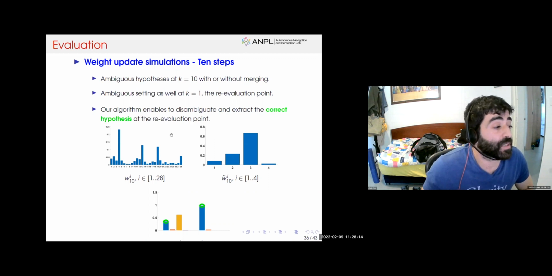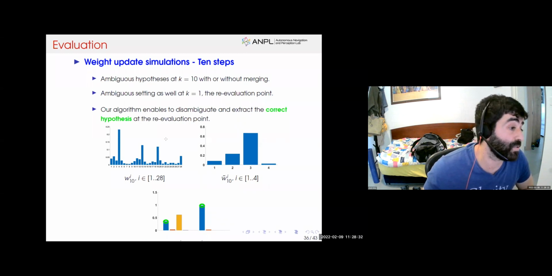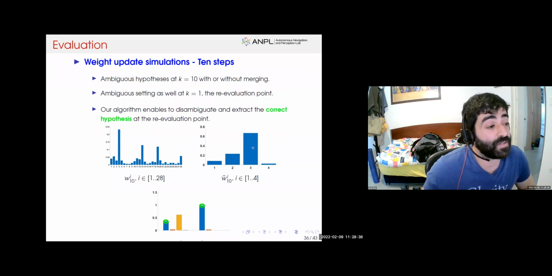When we take a look at these 2 figures, we can see, first of all, the weight distribution at current time, which is the final point, where we have a number of solid hypotheses with solid weights, which means we can't distinguish which one is the correct one at this point. Also, if we commence merging in this simulation, we can see again that hypotheses 2 and 3, for example, have significant values. When we look at the reevaluation point and the original weight distribution, again, we have 2 hypotheses with a significant weight, and we can't commence full disambiguation.